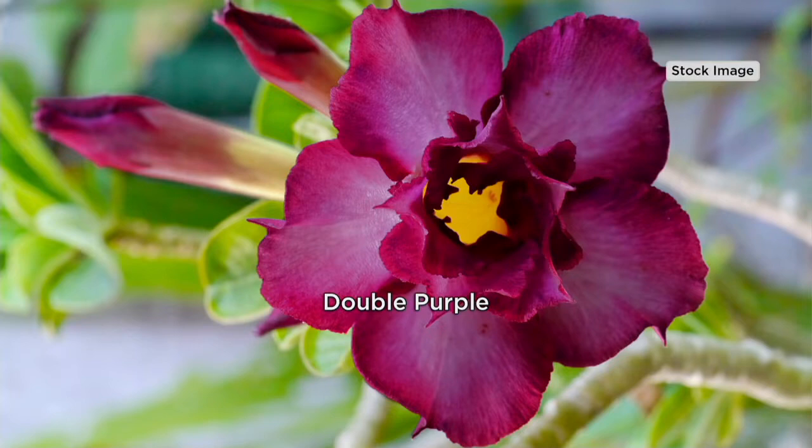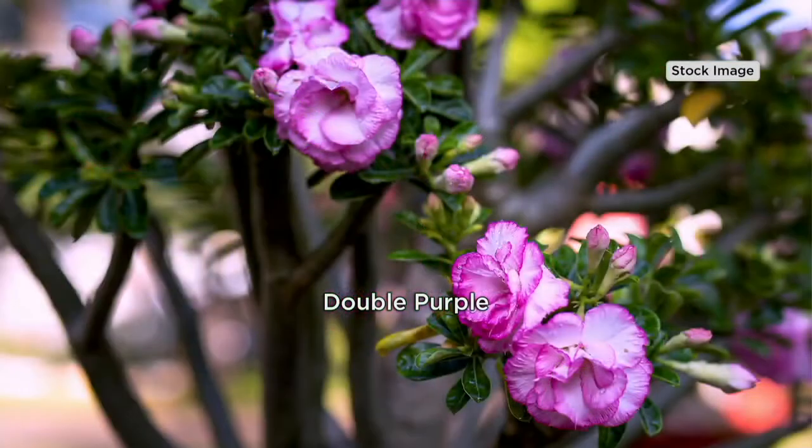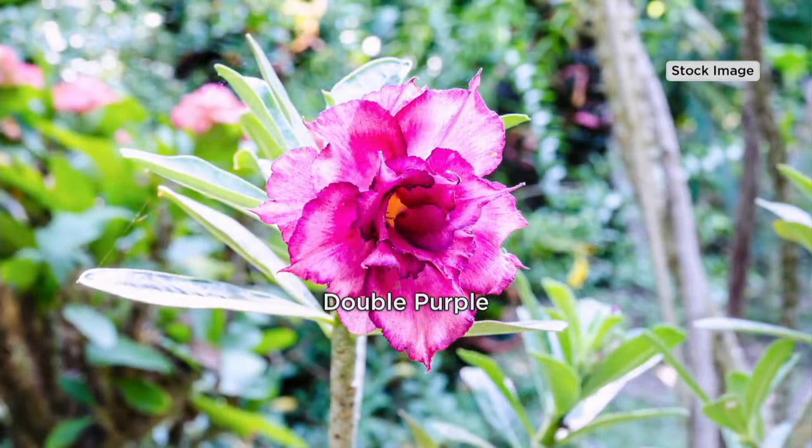Yep. But I got to tell you, the yellow is much more limited. That is correct. They're both very rare. I urge you to even consider this concept. Oh, thank you. Now, the double purple here and the double yellow in the house, they want to be in